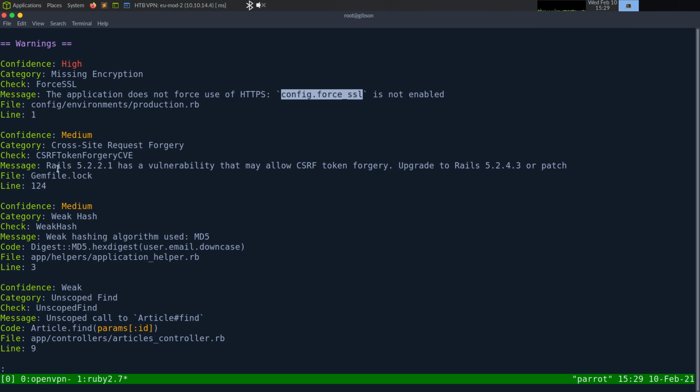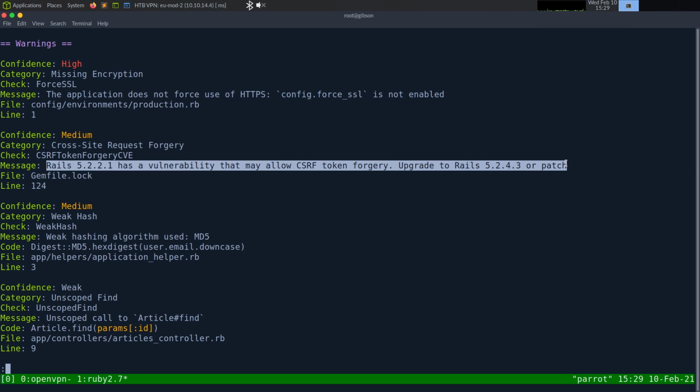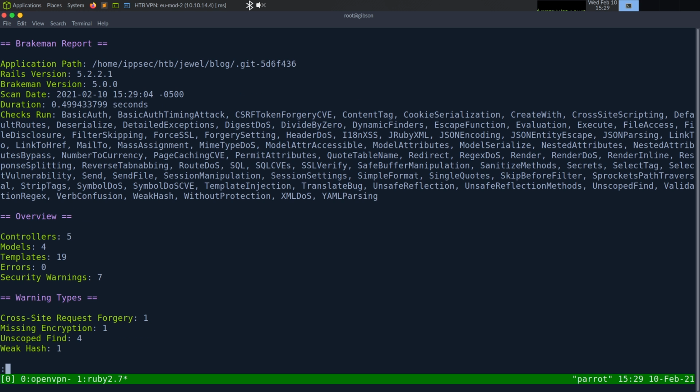So if there is some type of user interaction, maybe we can do some type of CSRF, but nothing here is sticking out as a big exploit. And this is one of the tougher parts of this box, finding out the exploit, because this application is not telling us there's a vulnerability, and the vulnerability is pretty well hidden. It is running Rails version